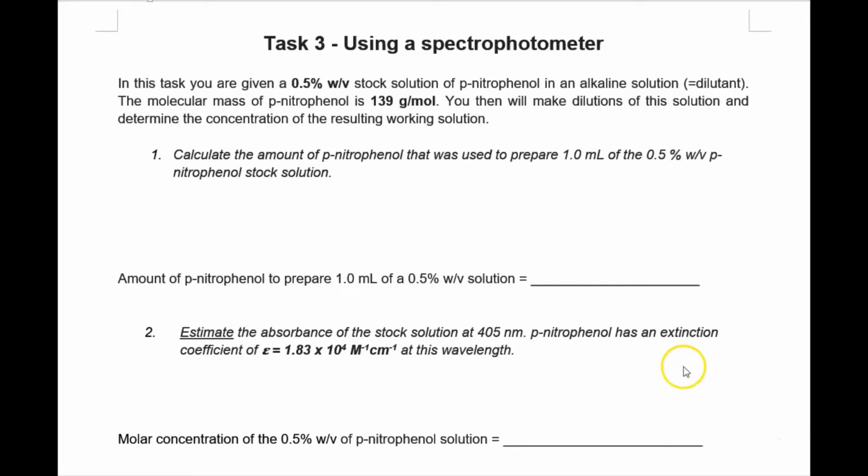Hello, here is a quick tutorial about the practical that we have done about using a spectrophotometer, and I will briefly go through the calculations that we should have done in the practical session. So in the first question here, we were supposed to calculate the amount of the paranitrophenol that was used to prepare 1 milliliter of a 0% weight per volume solution, and we have been given a 0.5% weight per volume